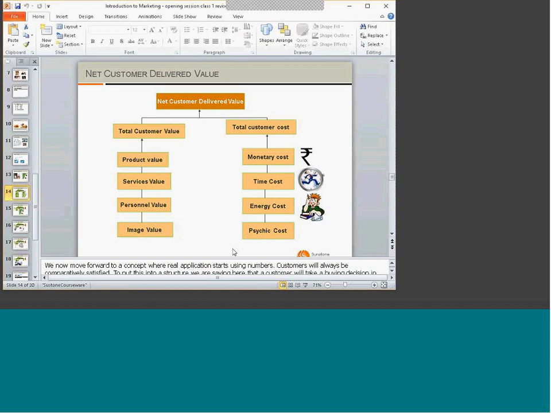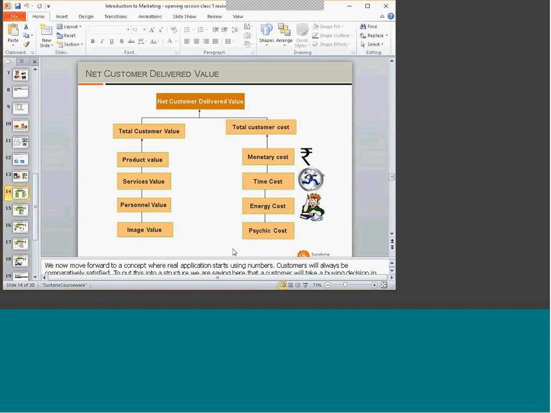The only problem is, who do I trust more? Honda, top ever. So the value of Honda is 2 lakhs higher. Psychic cost again 1.5 lakhs. Despite lower monetary cost and higher product value, we miss still 50,000 in favor of the Honda Jazz, and I go and buy it, buying it for myself. Okay, so that's how the NCDV plays out.